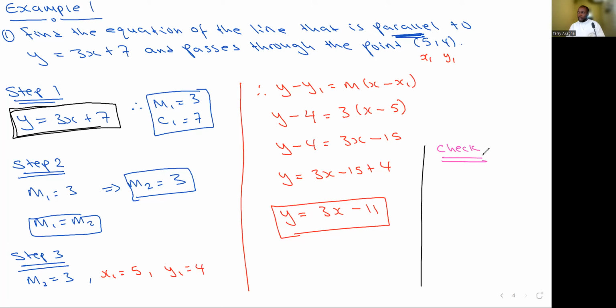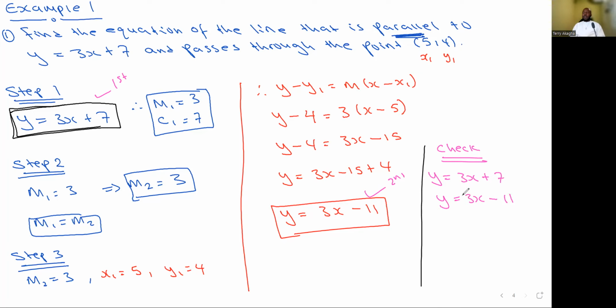you will see that the first line we got was y is equal to 3x plus 7. That's the first line, okay? Now, the second line was y is equal to 3x minus 11. Are you seeing something here? You can see the slope of the first line, which is 3, is exactly the slope of the